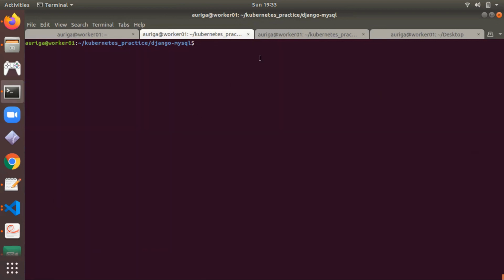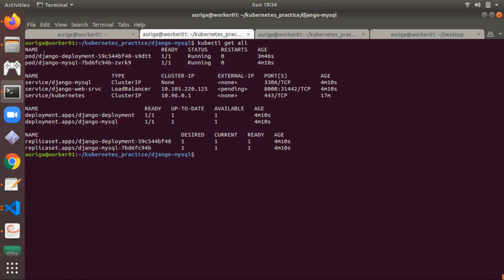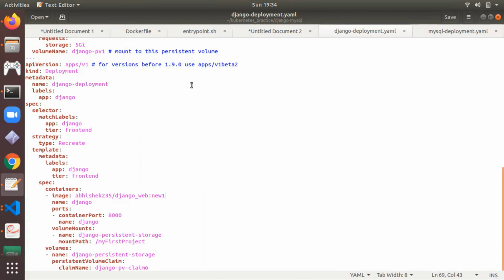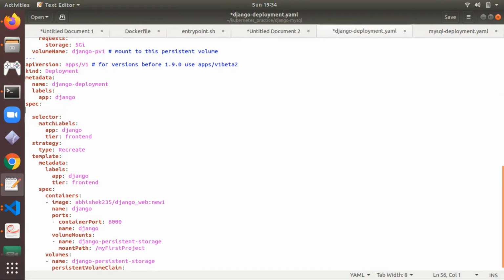One more thing I have to share with you. Here we can see kubectl get all. Here one pod for the deployment is running and one pod is for MySQL. Now if there is any requirement that I have to increase the pods for my Django deployment, then we can increase replicas from here. Just suppose I want 2 replicas.